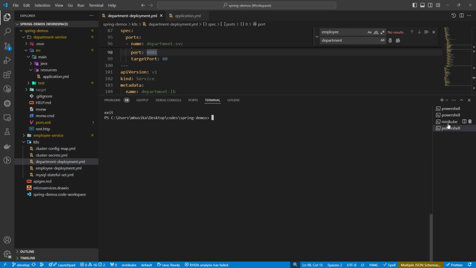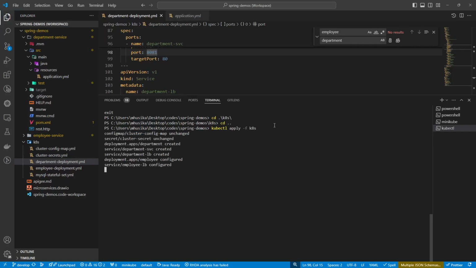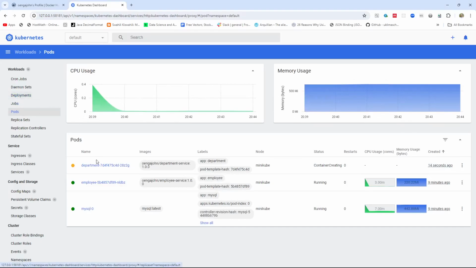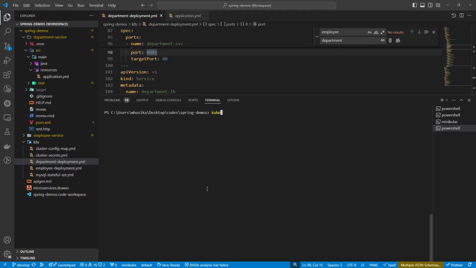Now let's again go to our K8, so cd K8. Then I'm going to do kubectl. So I'm not going to cd back one level up. I'm going to do kubectl apply -f K8. So it's going to read all the files within K8, and you can see that now our deployment has been created, our department SVC has been created, and then the LB has been created. Let's wait and check within the deployments. As you can see now, the deployment is being created, but then we can check the status with kubectl